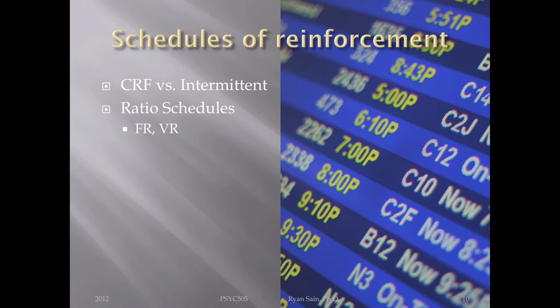Then you tend to take a break. It's called a post-reinforcement pause. Right? So that post-reinforcement pause happens after you get the reinforcer, and the reinforcer happens when you complete the ratio run. So the ratio run is a high rate of behavior, and you earn your reinforcer. You tend to take a break before you start the next one. Interestingly, before you start the next ratio run to earn your next reinforcer for the next 5 behaviors.